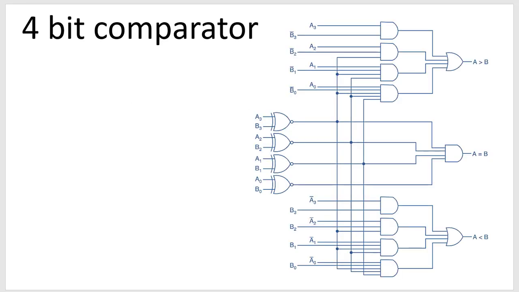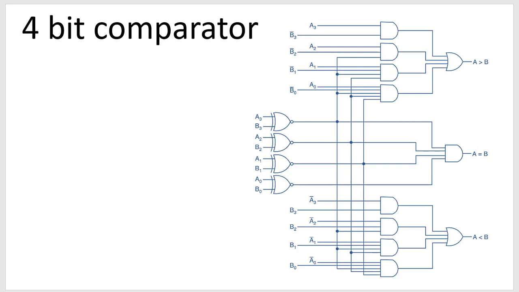If you look here, this is your 4-bit comparator circuit. We have clearly discussed that 4 XNOR gates will produce the A equals to B output, and depending on comparison with higher order bits, first A3, B3, if they are equal, again we compare A2, B2. If they are also equal, then we compare A1, B1. So you keep on comparing the lower order bits when the higher order bits are equal, and you produce either A greater than B or A less than B on both sides of the A equals to B circuits. This is how we generated a circuit for the 4-bit comparator, and we also tested it with the DEED software to see whether this circuit is working properly or not.